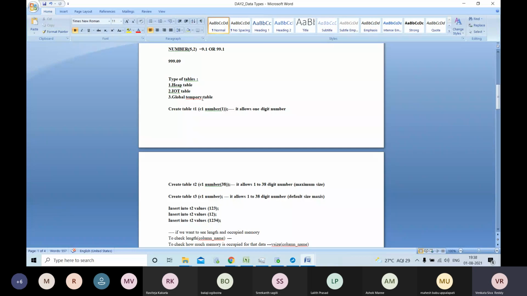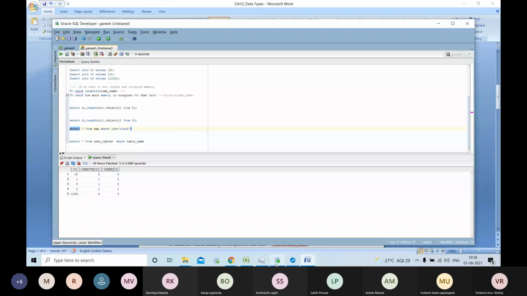So if you are inserting any data now, the data will be for that session only. In the sense, you created some data for your work, and as of now you require some data to deal with.